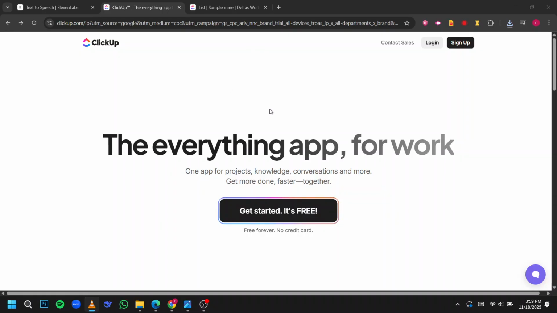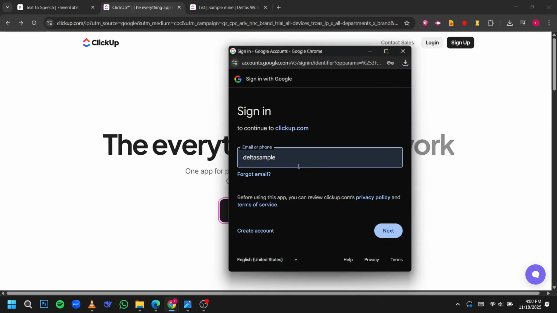To begin, open your preferred web browser and navigate to the Clickup website, which serves as your central hub for managing all your work tasks in one streamlined place. Once there, locate the login button, usually positioned at the top right corner of the page, and click on it. This will bring you to Clickup's login portal, where you can access your dashboard and view all your tasks, projects,